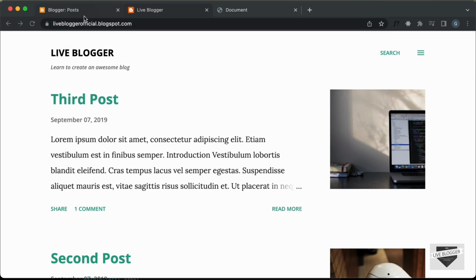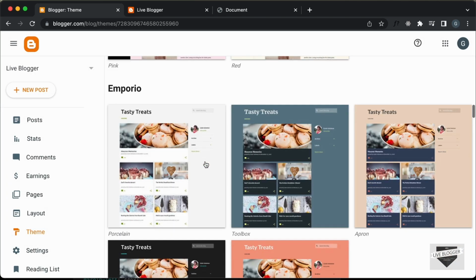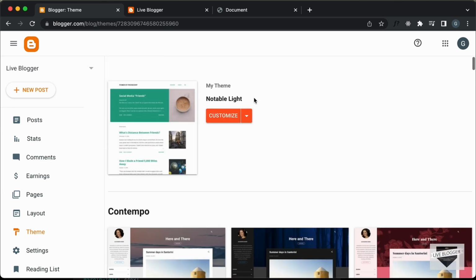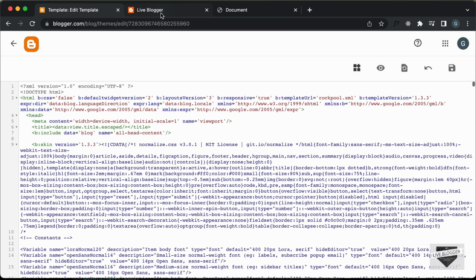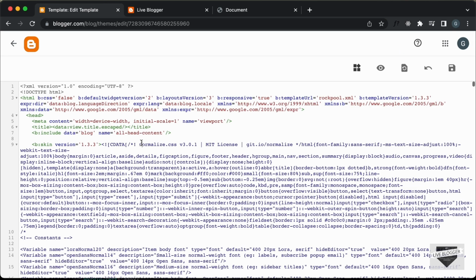So let's go back to the dashboard and let's go to theme. And by the way, I'm using this theme called Notable Light, which comes by default with Blogger. So here you can see this theme right here. Right now let's click on this arrow and click on Edit HTML. Right now let's search for this class over here called hamburger section. So let's go back and let's press Ctrl F or Command F, and let's type class equals hamburger section,